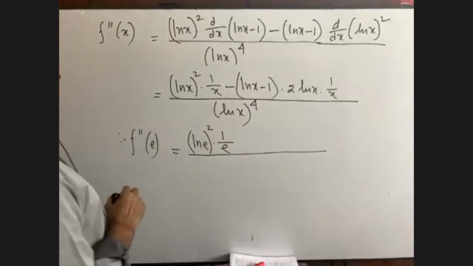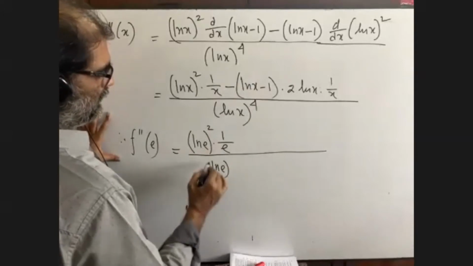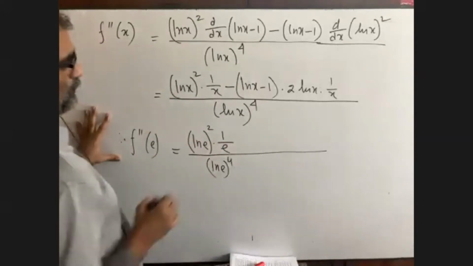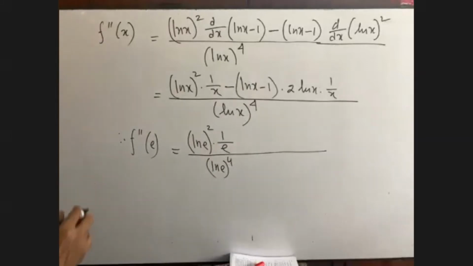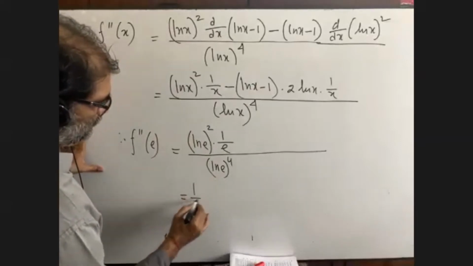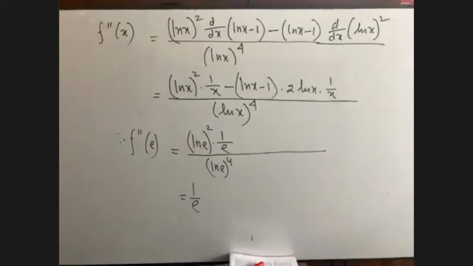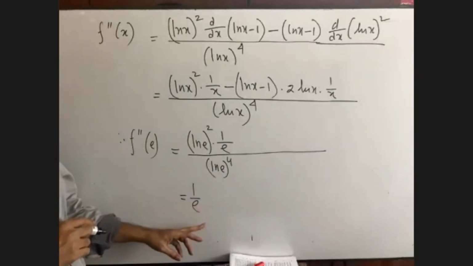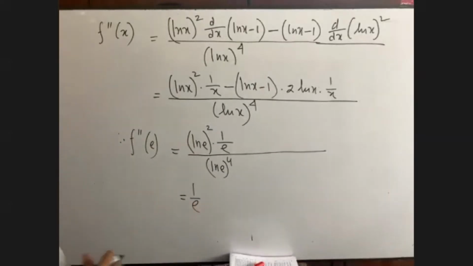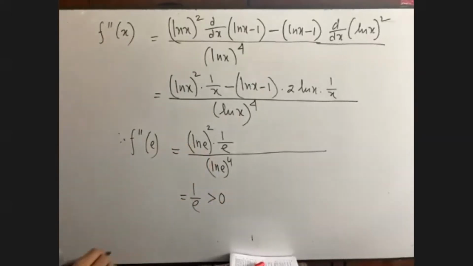So we are not going to write down. So it is again ln e whole to the power 4. Okay. So we know ln e equals to 1. So it is 1, it is 1. Actually, we are getting 1 by e. Nothing else we are getting here. Now my question is 1 by e, is it greater than 0 or less than 0? It is definitely greater than 0. Please talk to me.